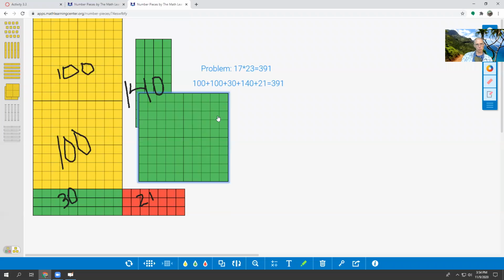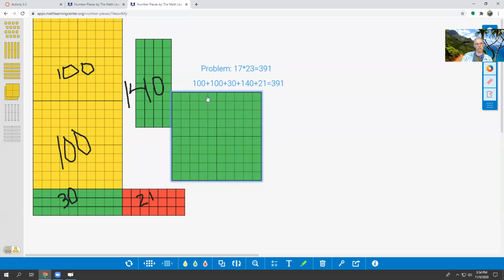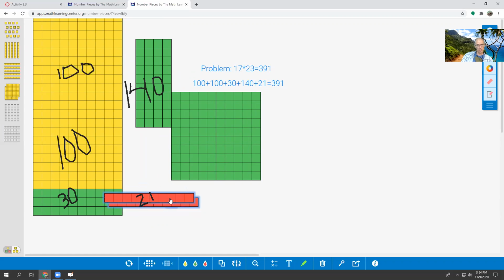So let's just pull you out of the way. Okay, so that's still 140 here. It's just now a 100 and 4 ones. And I could do the same thing down here. I could take, oops, oh, I accidentally split it. Circle these guys here and join, and then I get